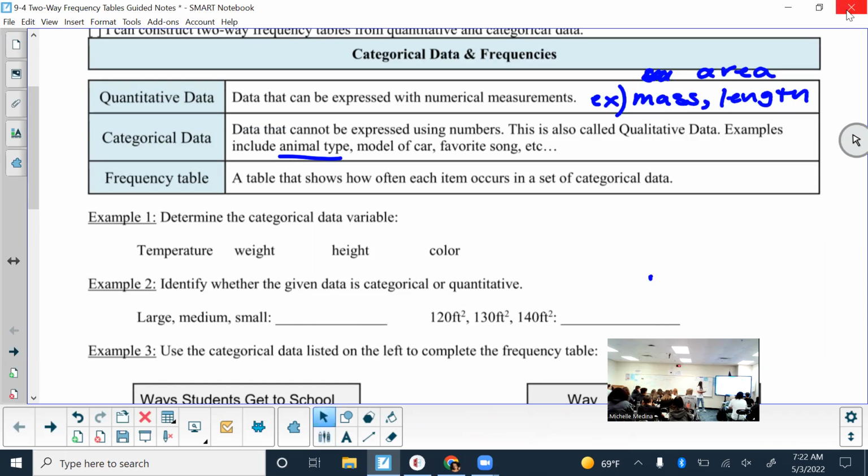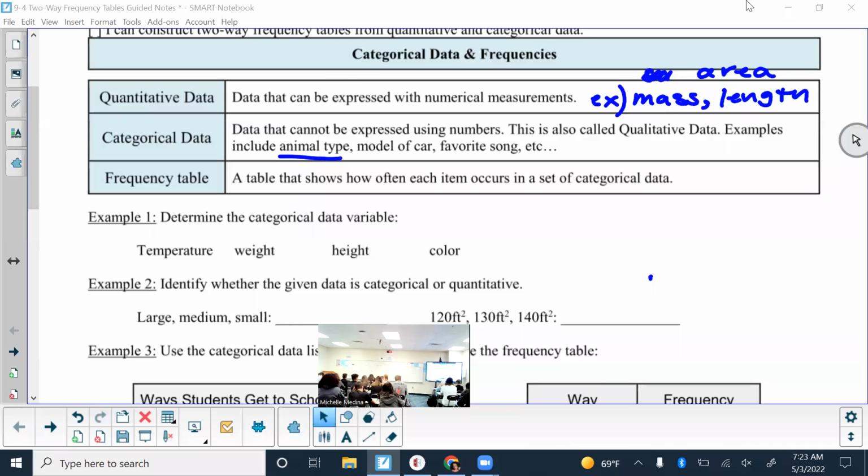Sorry for the interruption. I need the following students to report to the